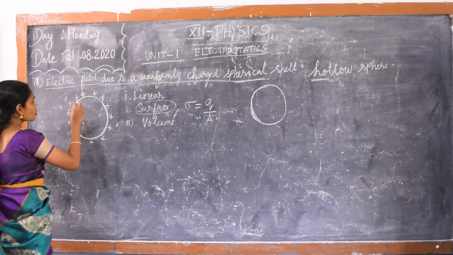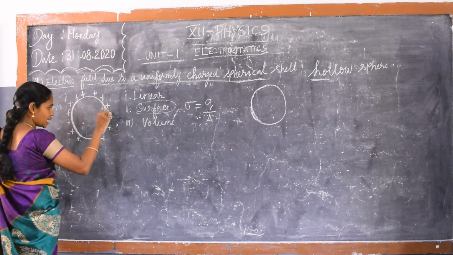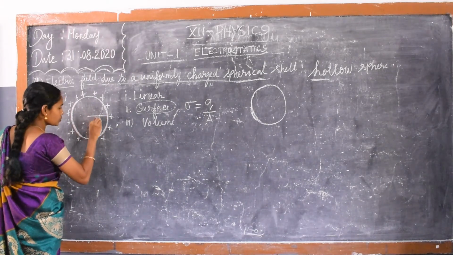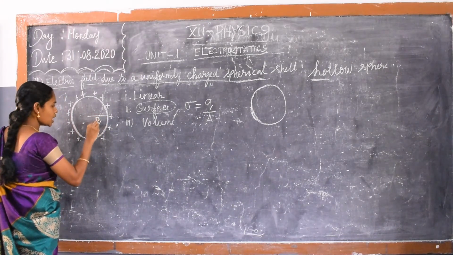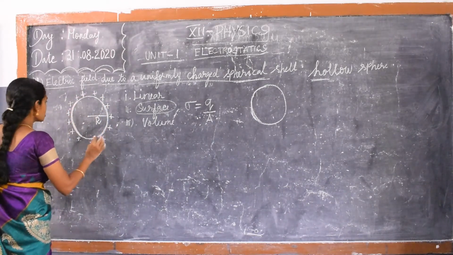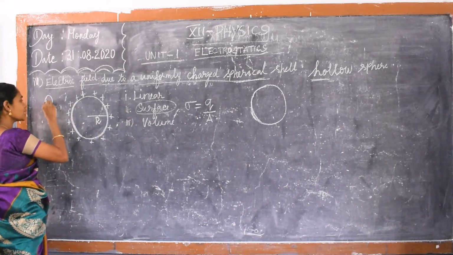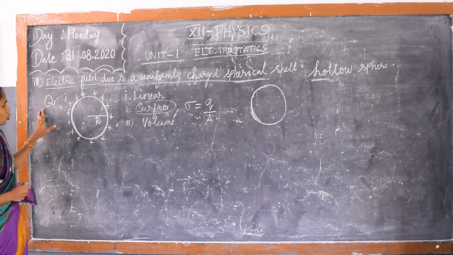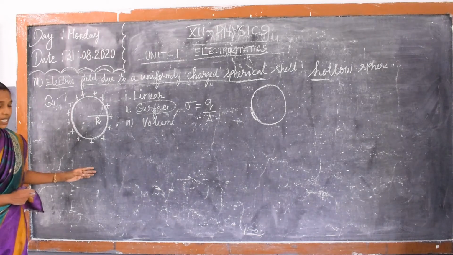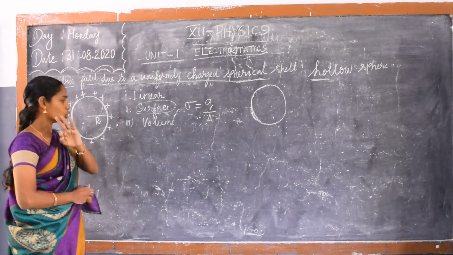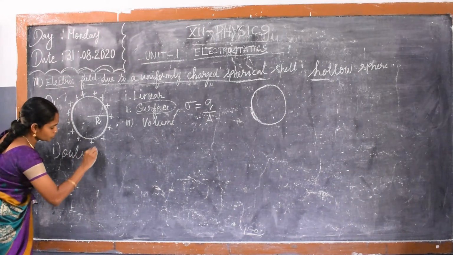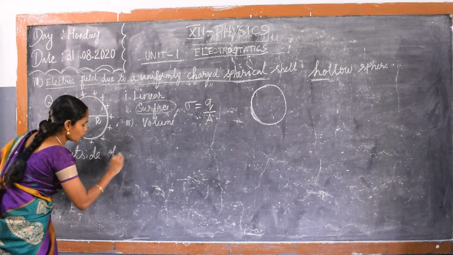Okay. So this is our spherical shell. Suppose the radius of the spherical shell is capital R. The charges are distributed only on the surface of the sphere, and the total charge on the sphere is capital Q. Now we want to calculate the electric field at any location. For calculation purposes, we divide the location into three. The first one is outside of the shell.